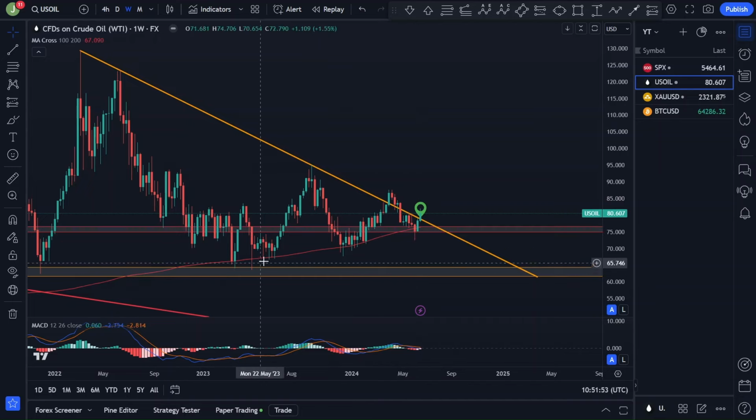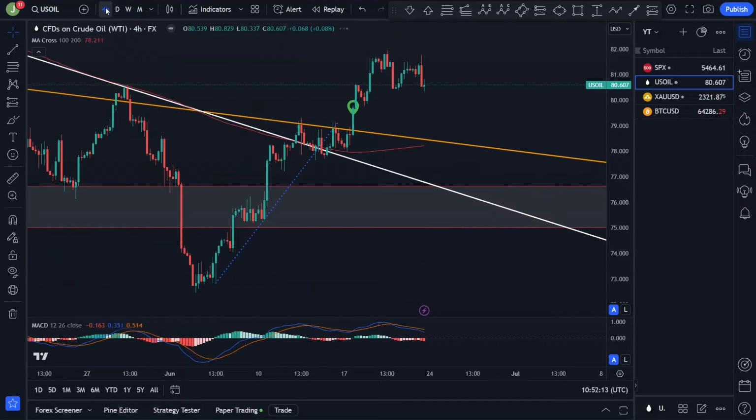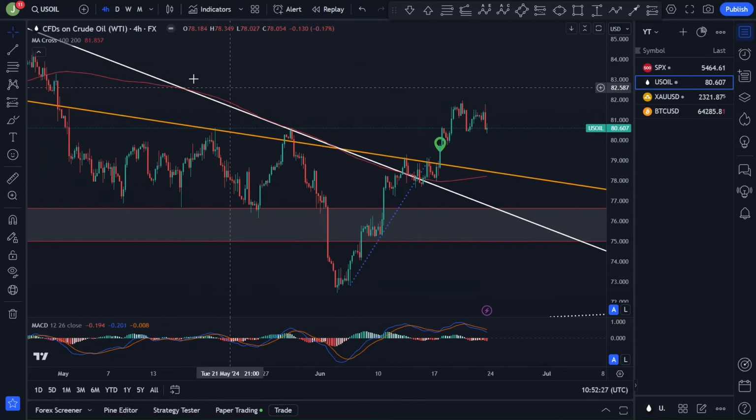At the moment price gets supported by the 200 moving average, which also acted previously as support for price. If we drop down to the daily, we can see my daily downtrend line that, like predicted, got broken to the upside. And like I said in my last video, on the 4-hour time frame, I would buy my first position, 20% of my account balance, into US oil if we see price rise above this smaller 4-hour consolidation zone. At the moment price gets supported by the 200 moving average, and so I expect that this breakout will continue